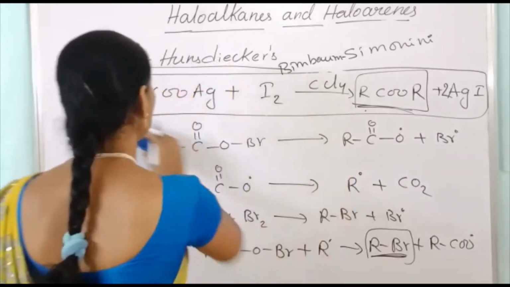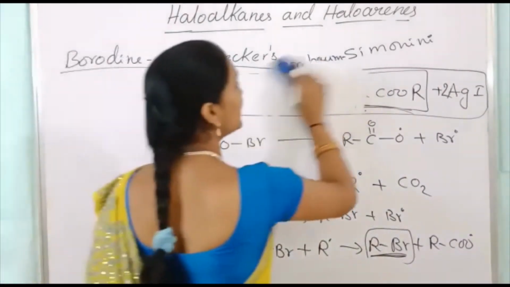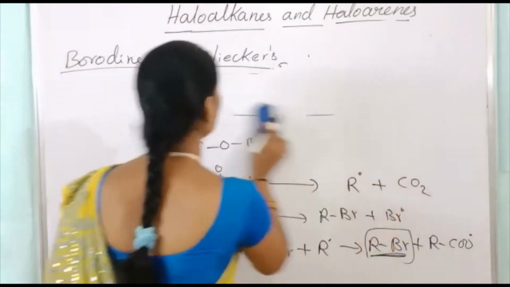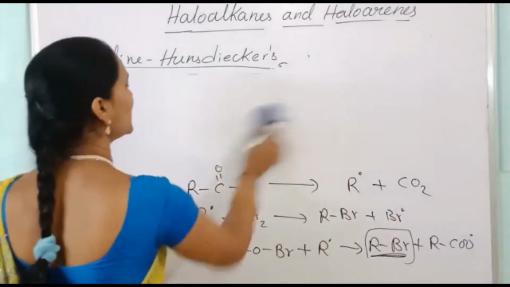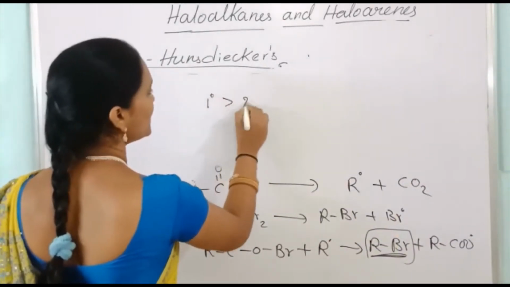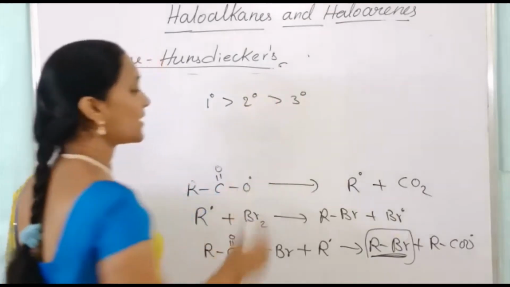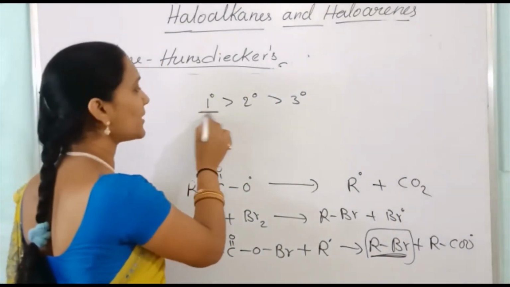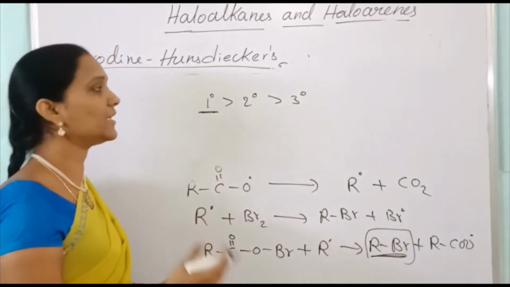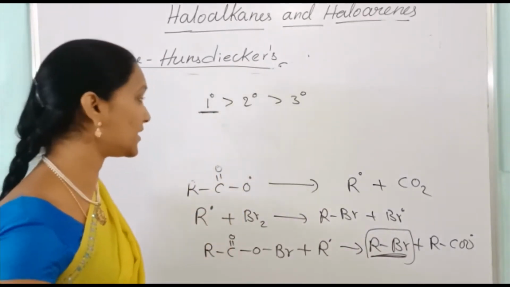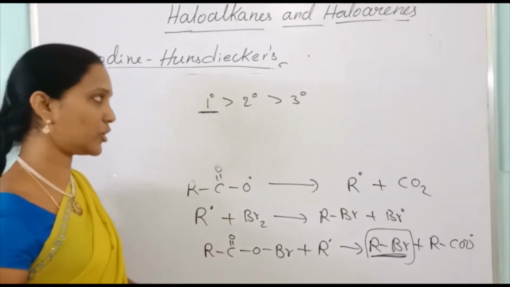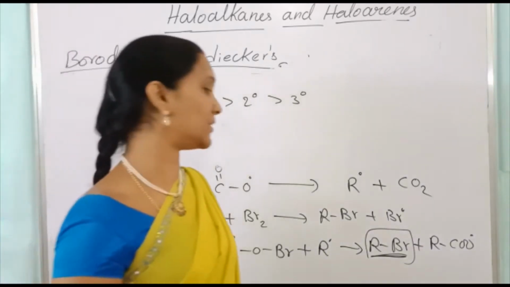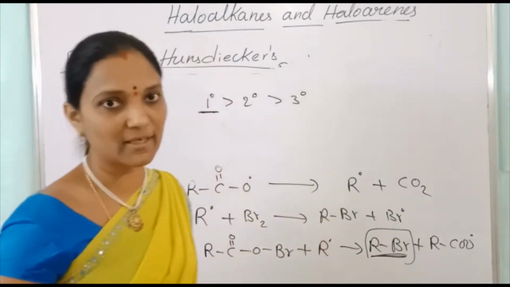Okay. So here, yield is a very important question. In this reaction, for the best yield, primary, secondary, tertiary: the mechanism is a free radical mechanism and primary bromide is the best one. The yield of the product obtained is primary greater than secondary greater than tertiary, and bromide is the best method. The mechanism is a free radical mechanism.